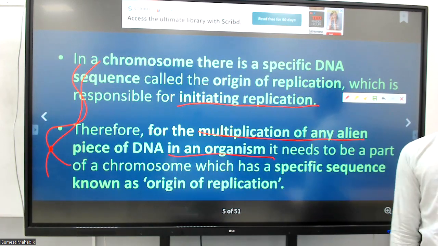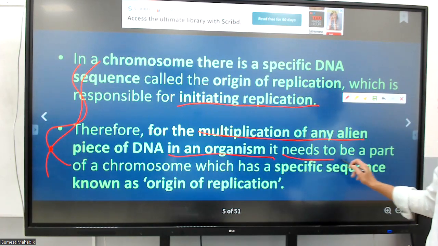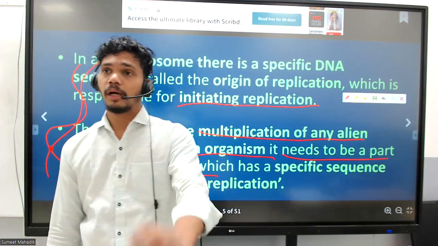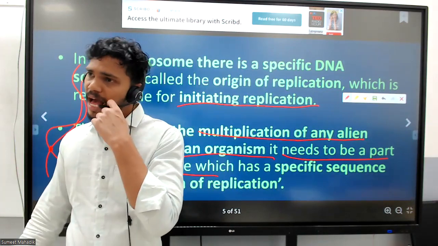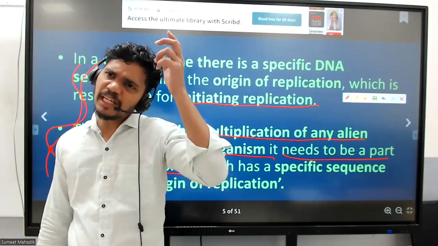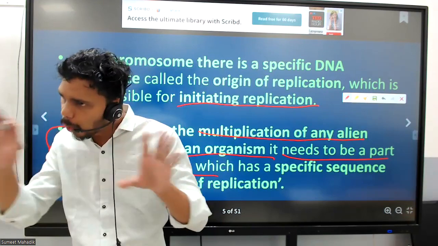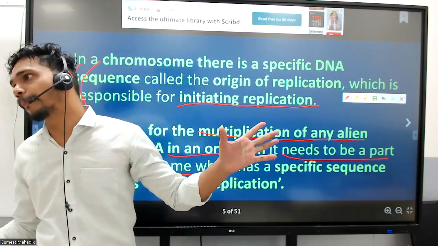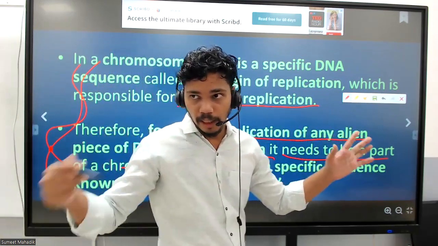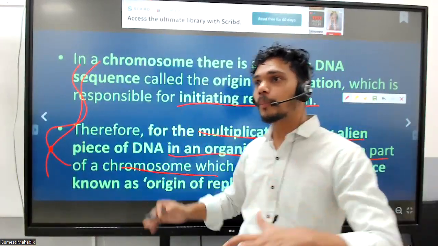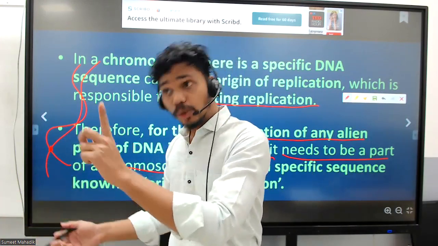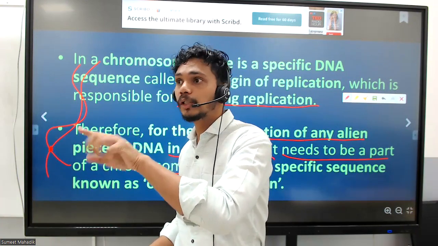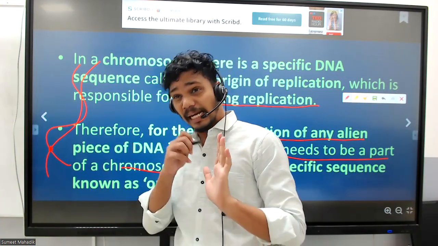How many times is it going to replicate? It depends on the organism. It needs to be a part of the chromosome. What do you mean by this, sir? You want insulin to be produced. Are you going to infect every E. coli with your insulin gene? No, only once. Once you incorporate it, it undergoes multiplication by its own. And if it undergoes multiplication by its own, definitely a number of copies will be generated, and those copies will have the same genome present,